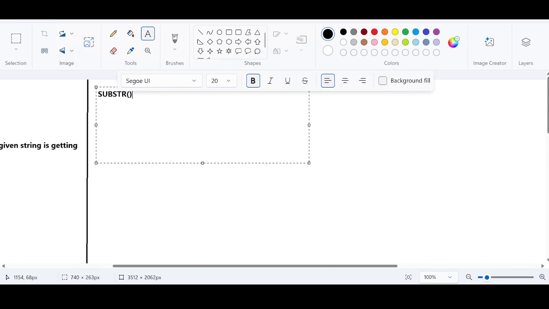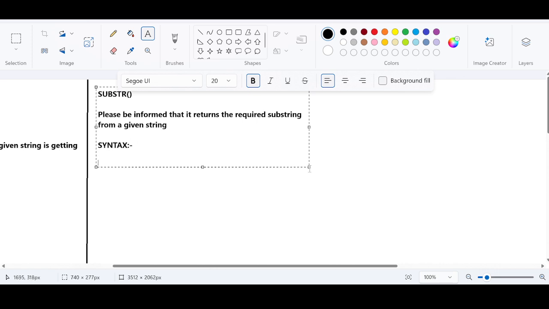We will understand this in detail. It returns the required substring from the given string. Please be informed that it returns the required substring from a string. Okay, the syntax is